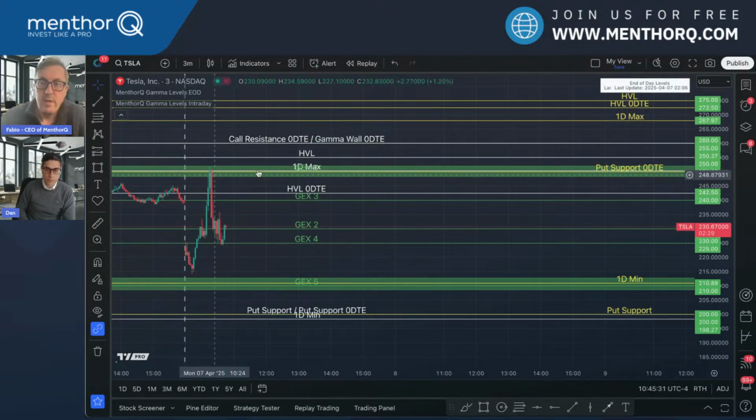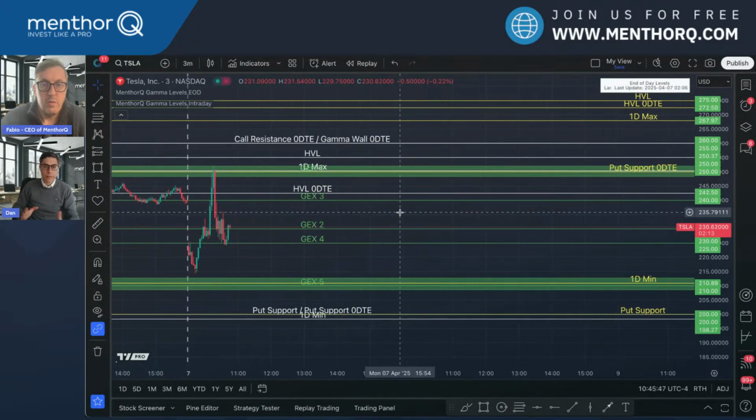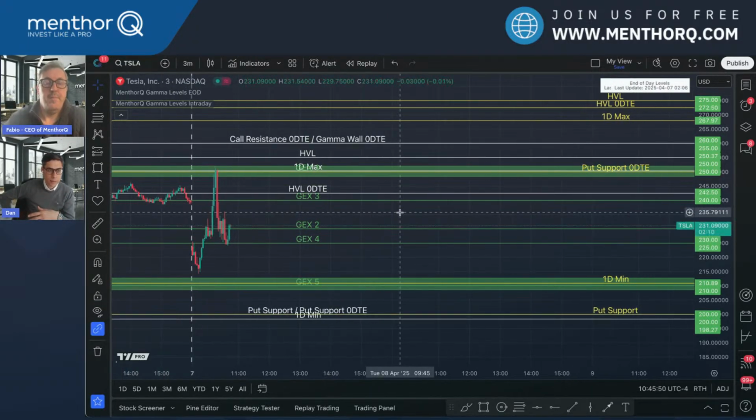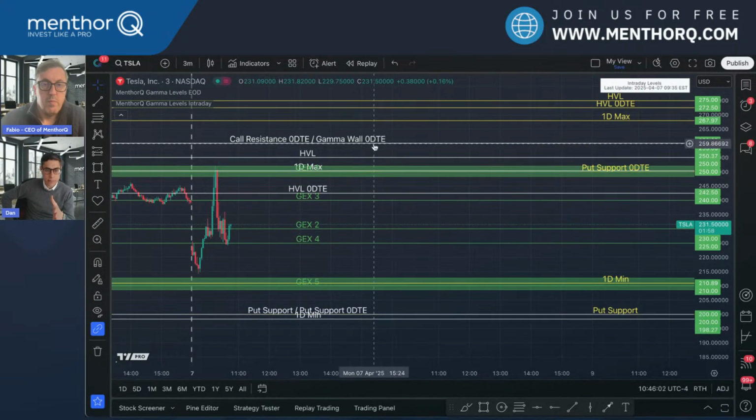We've seen a really strong move right there, but it's very interesting to see how you can combine both the end of day positioning from yesterday and the intraday updating at 9:35 on your chart right here. So that's a nice example. Let's say even if you were in a longer dated trade, let's not look at it as a day trade just for the sake of it. Let's say we were a bit higher and we dipped through the call resistance. Would I take a trade? Maybe not yet, but I would maybe think of a bearish bias.